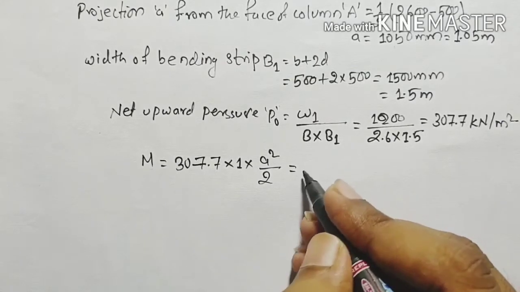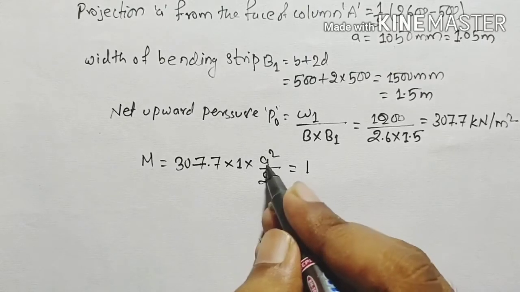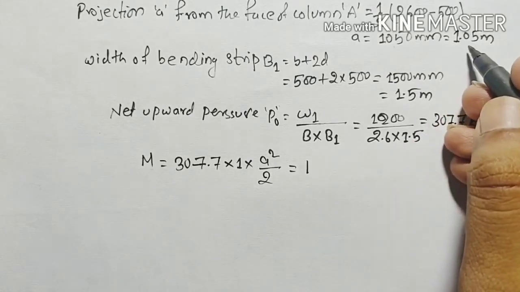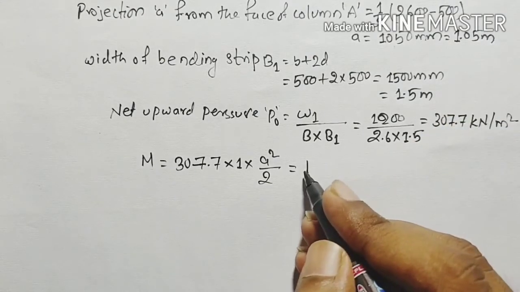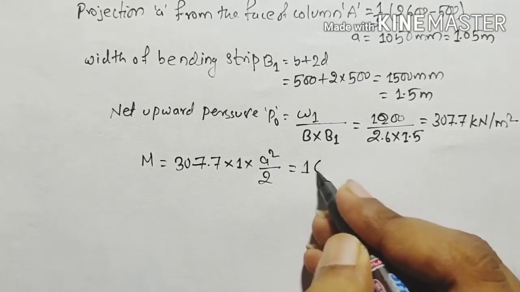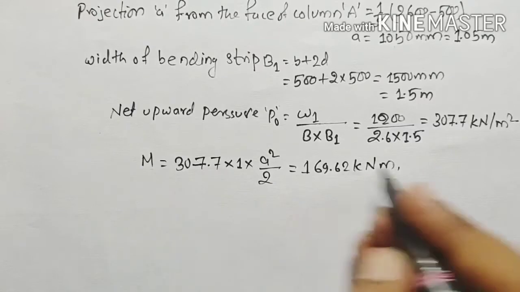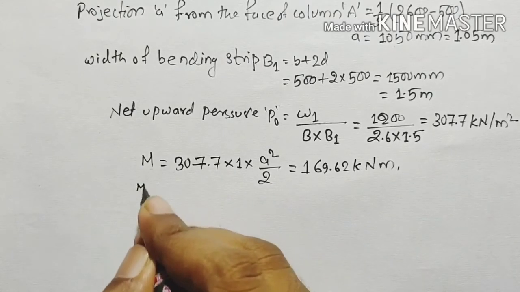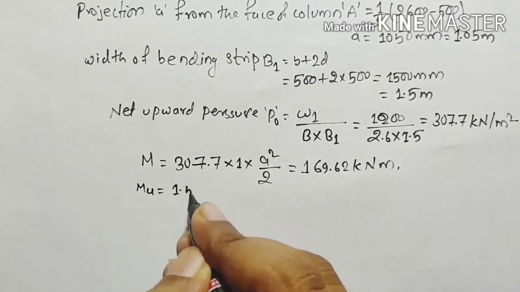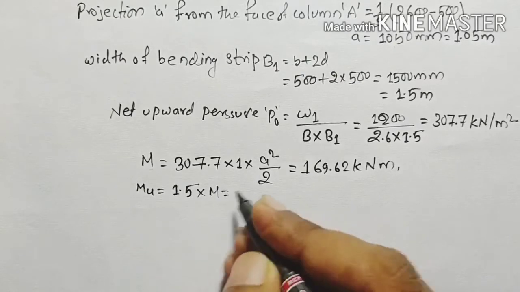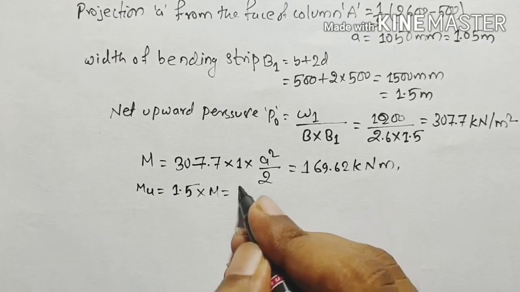On solving and putting the value of A as 1.05 meter, we get M equals 169.62 kilonewton meter. Now Mu equals 1.5 times M, which is